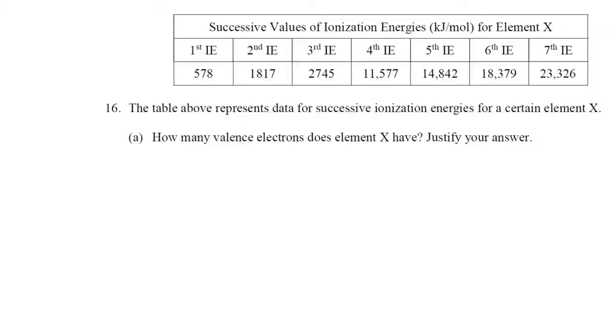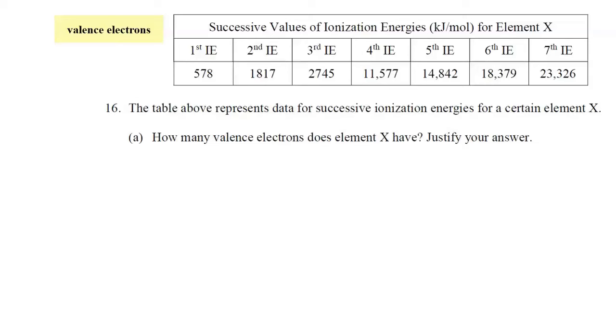All right, this is question 16. Now we're talking about ionization energy, but this time it's successive values of ionization energy for the same element. So we're removing multiple electrons from this element X, and so what we have to look for is a pattern. Part A, how many valence electrons does element X have? Justify your answer. So while these values for ionization energy are increasing with each successive electron that's being removed, the